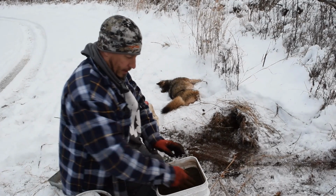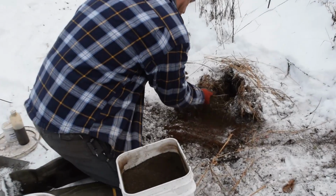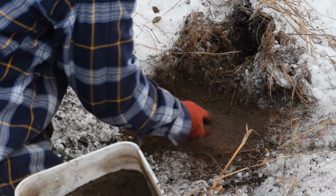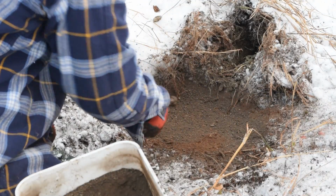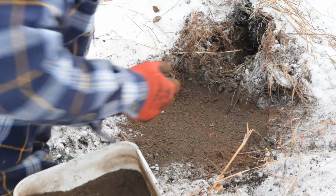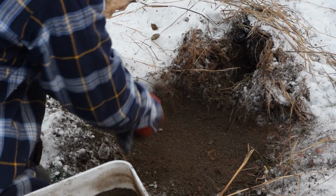And then I like to get me a handful and just kind of throw it in there right on top. Help you with moisture. That dry peat does great. But if you happen to get a big heavy rain,